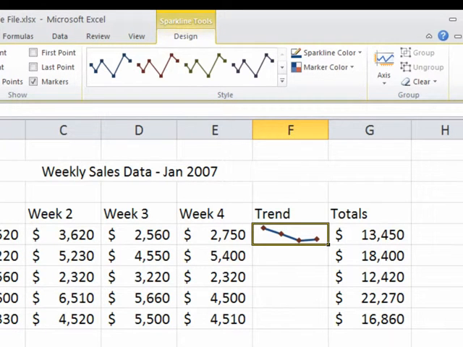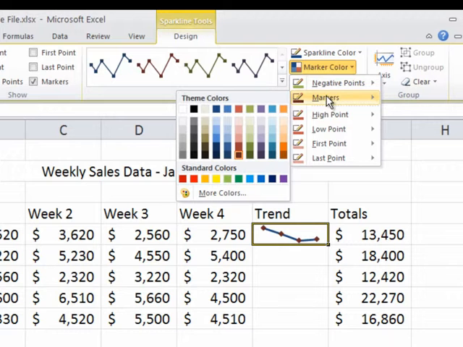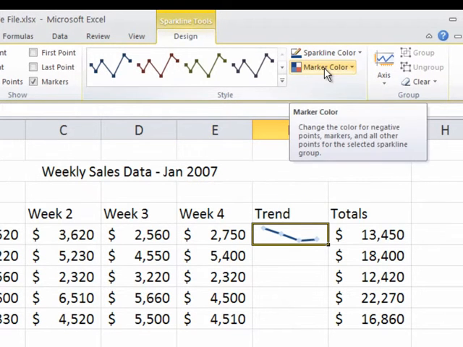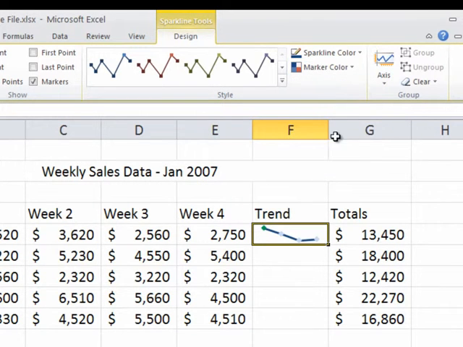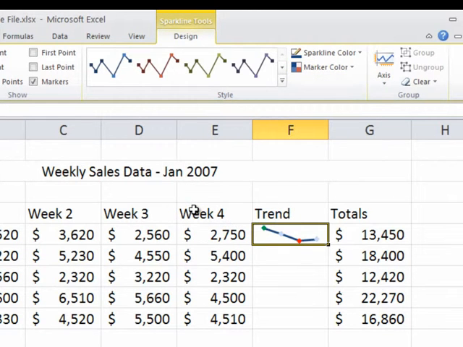You'll also have the option of changing the sparkline colors. For example, using the Marker Color, I can change all markers on the sparkline to a different color, in this case a light shade of blue. Next, I'll indicate the high point of the sparkline using a color of green, and the low point of the sparkline markers using a color of red. So at this point we can see the highest data point in the sparkline with green and the lowest data